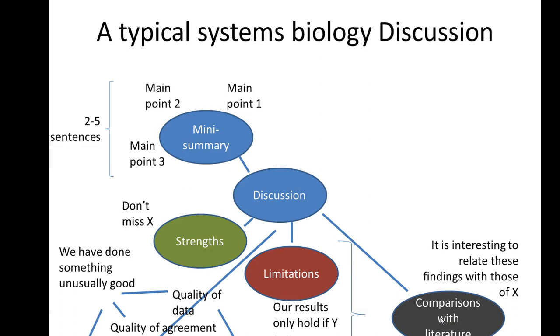And then you might have a whole paragraph where you compare your findings with those of X. And then in that paragraph you say both strengths and limitations compared to this other work. And you might also say something of the kind that we are the first to claim this. And then you typically also compare that